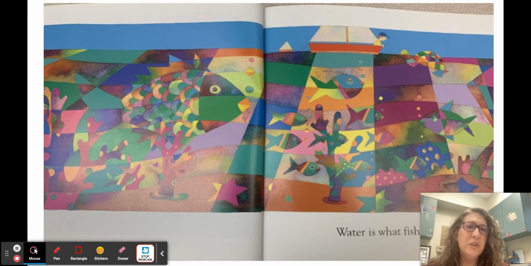Water is what fish breathe. Oh, they breathe water? We don't breathe water. That would be silly for humans. But it looks like water is the habitat where the fish live in the water. And there's a tiny turtle up top, like our Tucker turtle, but he lives in our classroom. He doesn't live in the water.